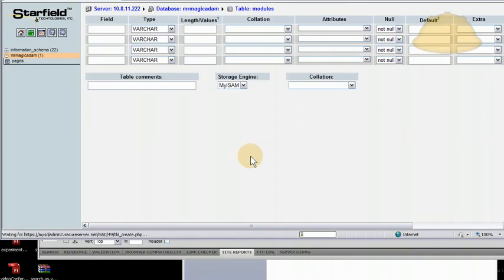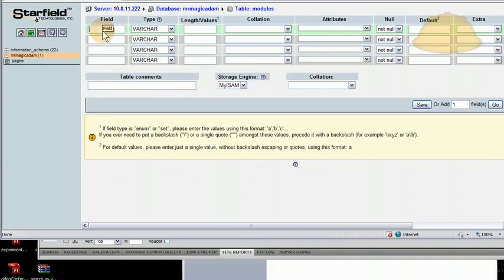Let's give it an ID. Each one has its own unique ID, and by the way, auto increment means if there's 1 in the system, the next one that goes in automatically gets an ID of 2. The next one after that gets an ID of 3, and they're all unique, and no 2 can ever have the same ID. Okay, so now we have name for the module,